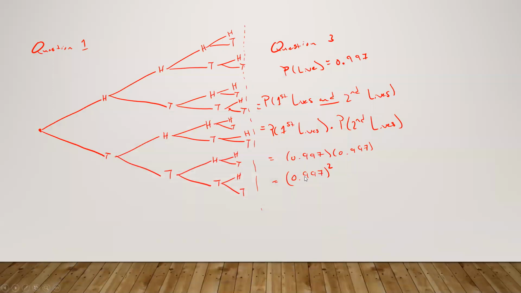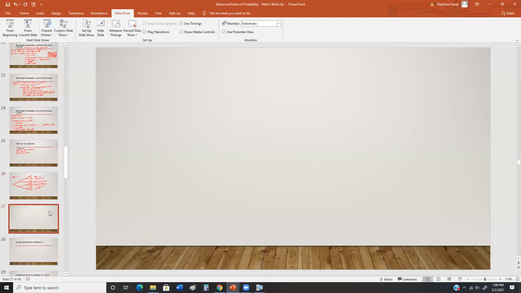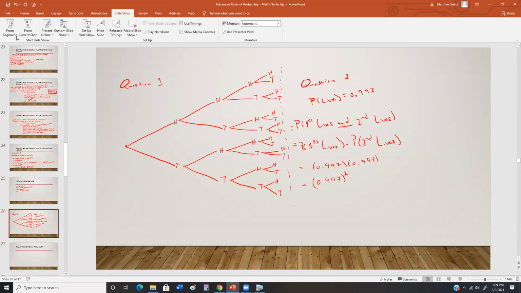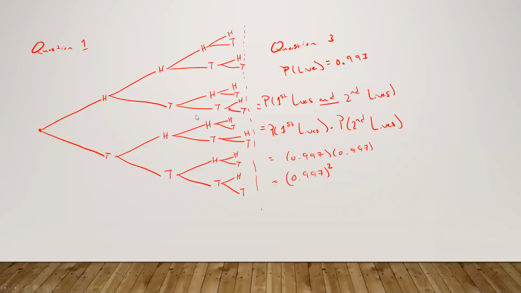All right, I will just say this. For as long as I've been teaching this class, the probability stuff tends to be the section that gives students the most trouble, and I wish I knew why. It's just because it's a little abstract and there's no clear-cut formula to follow every single time.